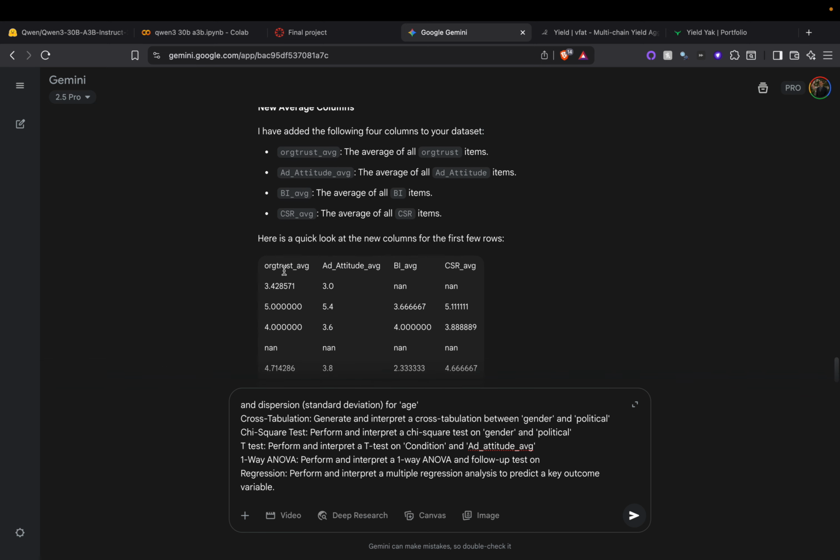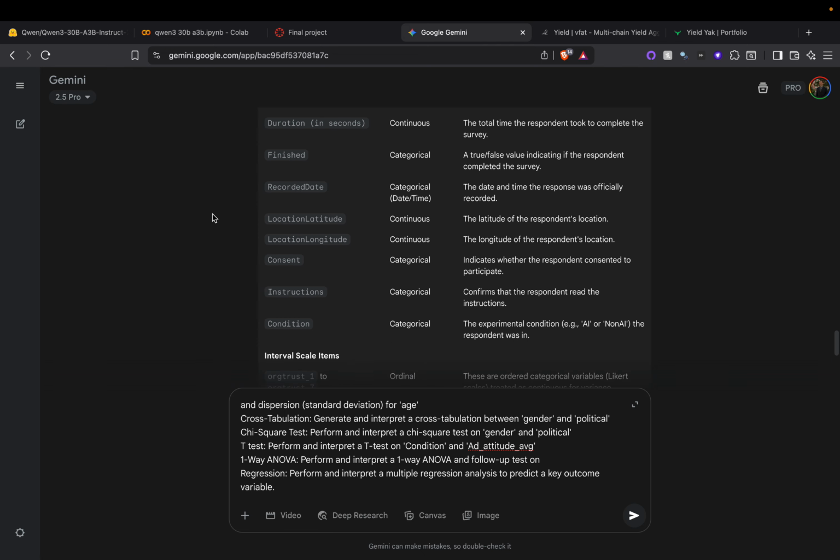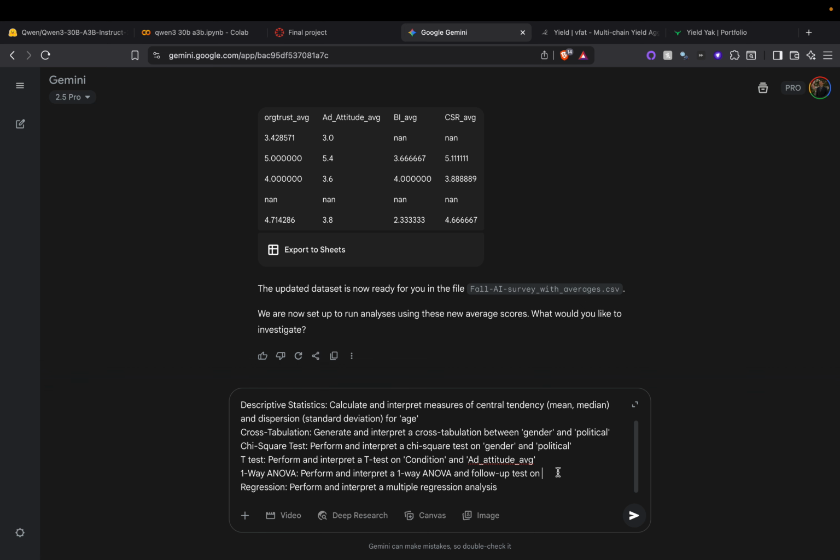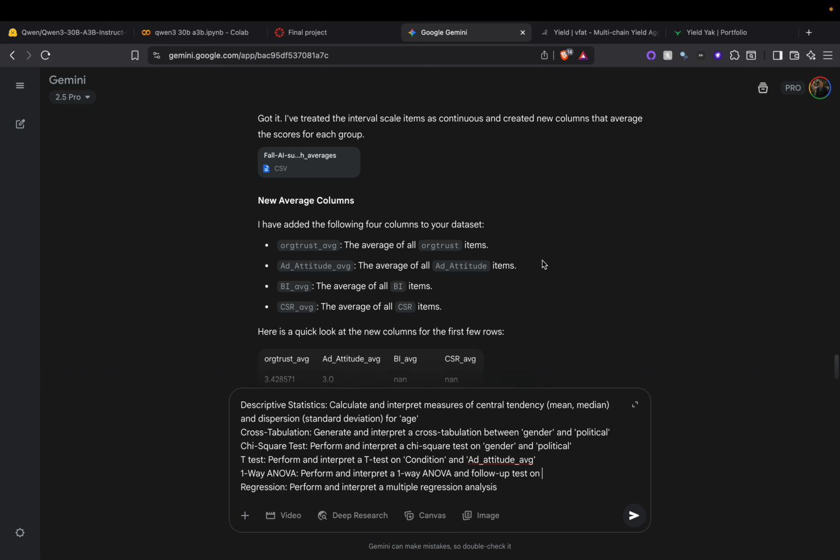So do make sure to transform these into averages and not just satisfaction 1 or whatever else, or behavioral intentions 1. So let's see, got that. Oh yeah, and then regression. Multiple regression analysis. One-way ANOVA. So for our one-way ANOVA, we will do